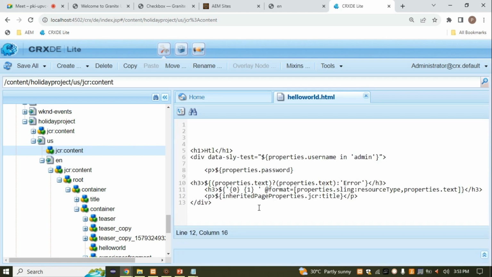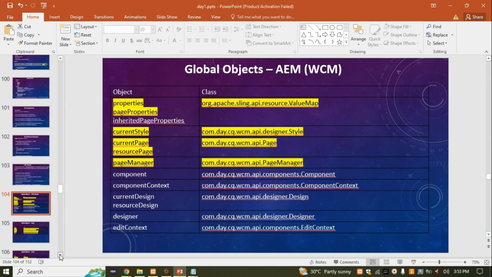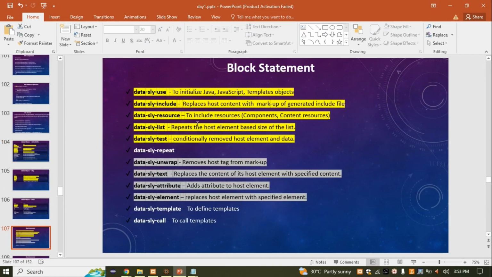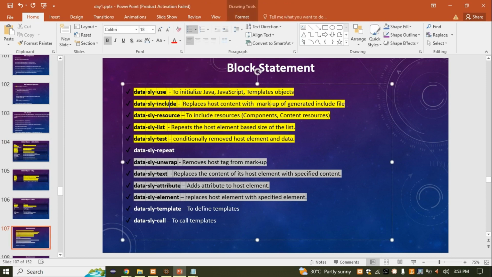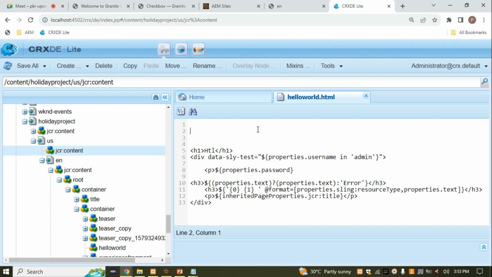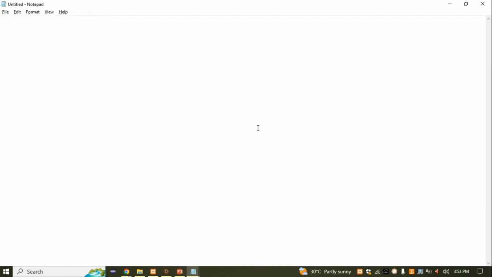Okay, so we have a lot of statements. First of all, we know data-sly-use. Data-sly-use means if you want to create a variable, like consider if you want to simply create an object of your class, then you can use data-sly-use. So this is the Sling Model class I have, and here I am creating